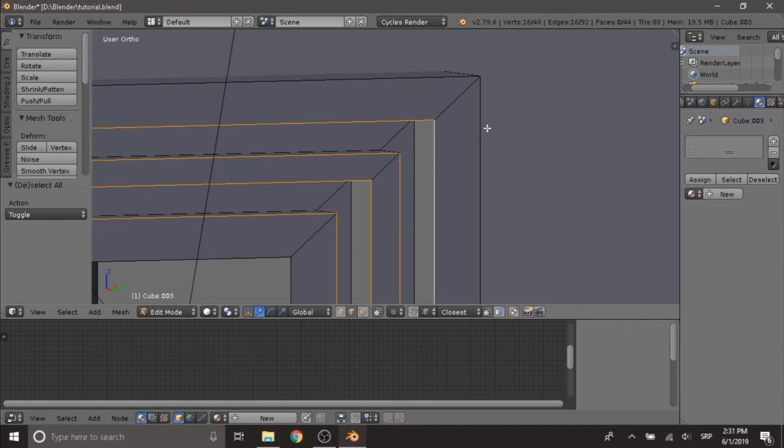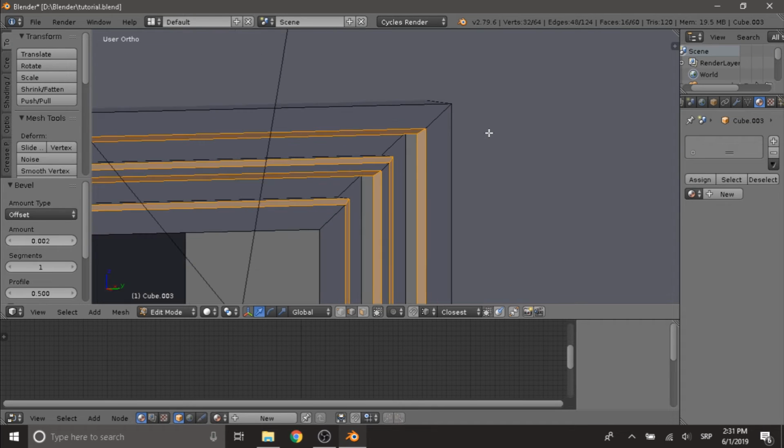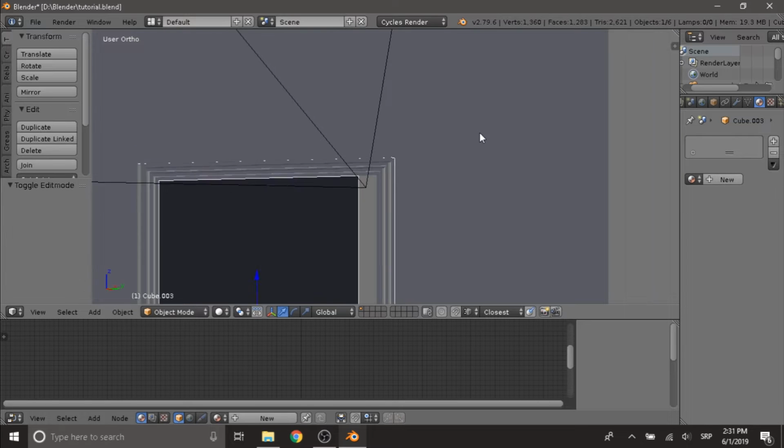And now we're gonna click Control B, and then we're gonna drag as much as we want the curvature to be. So you can go ahead and, if you want to, I'm not going to, but you can use your scroll wheel to make more segments like this. But I'm just gonna use one like this, and then left click. So I'm gonna click Tab now,